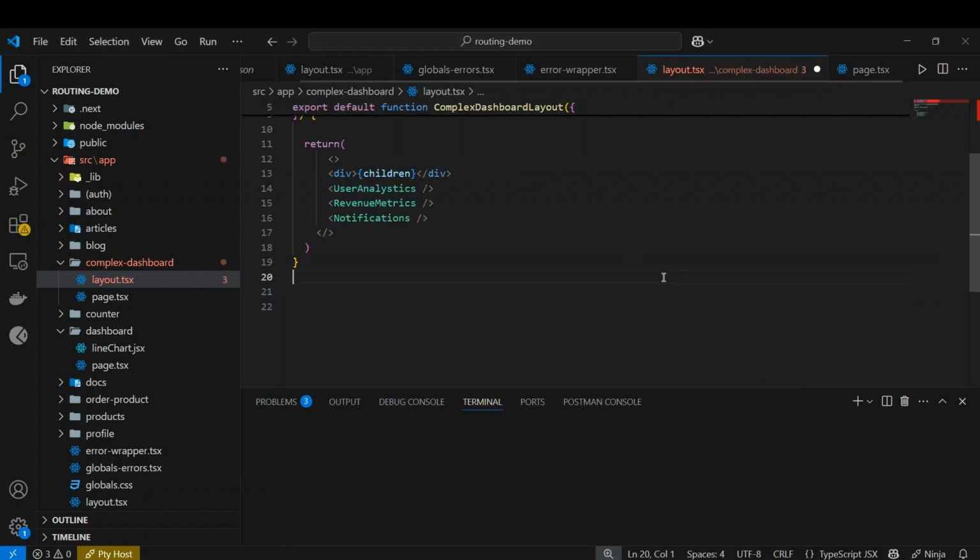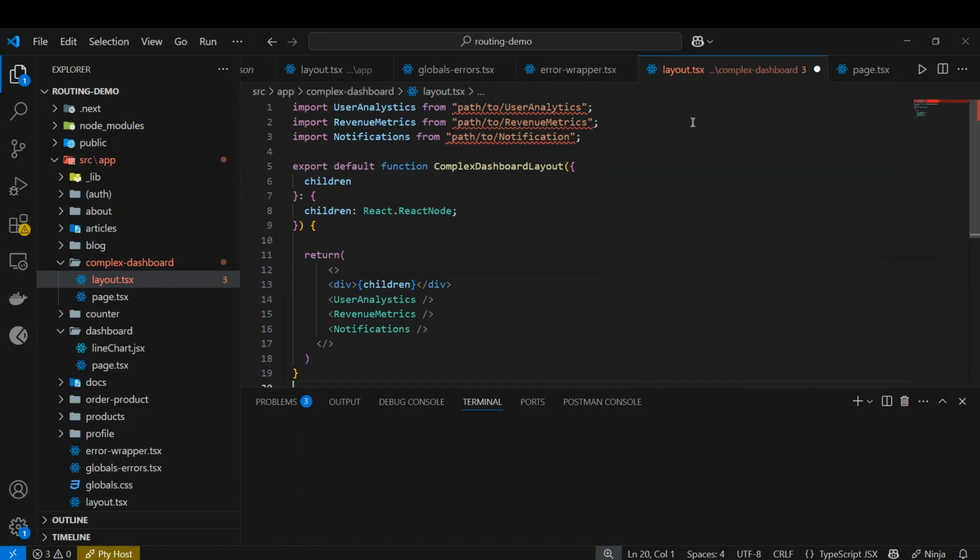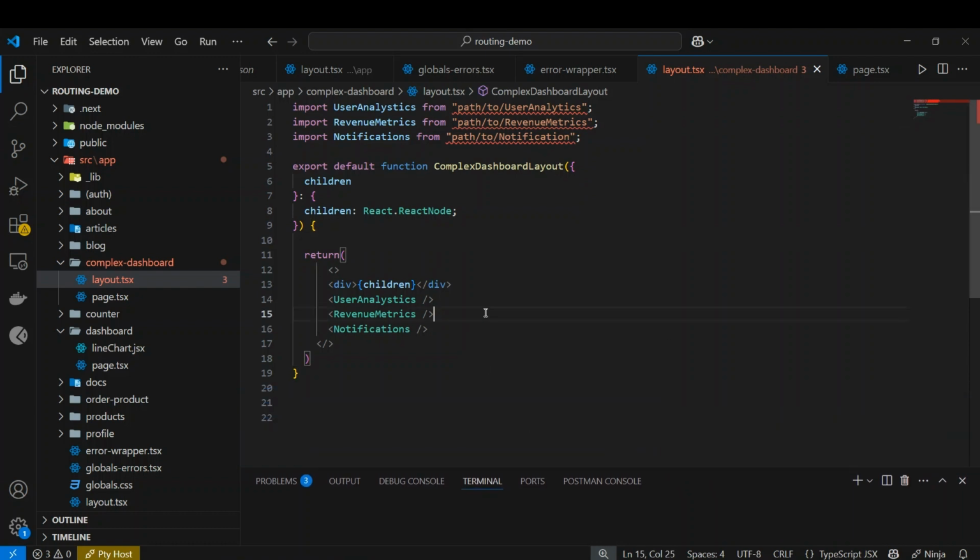So here you can see that currently we don't have any path, so it will give you an error. Just for your understanding, I will show you the traditional code. If we already have a complete dashboard layout, and in that layout we have three user components,